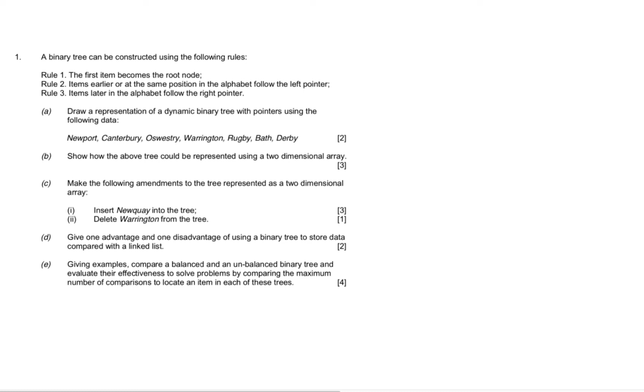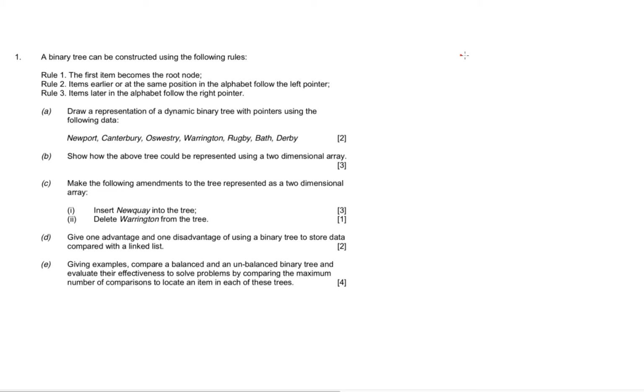It says a binary tree can be constructed using the following rules. The first rule is the first item becomes the root node. Items earlier or at the same position in the alphabet follow the left pointer. Items later in the alphabet follow the right pointer. So 1A says draw a representation of a dynamic binary tree with pointers using the data. It's worth 2 marks, and what we have to do here is construct the binary tree itself using the